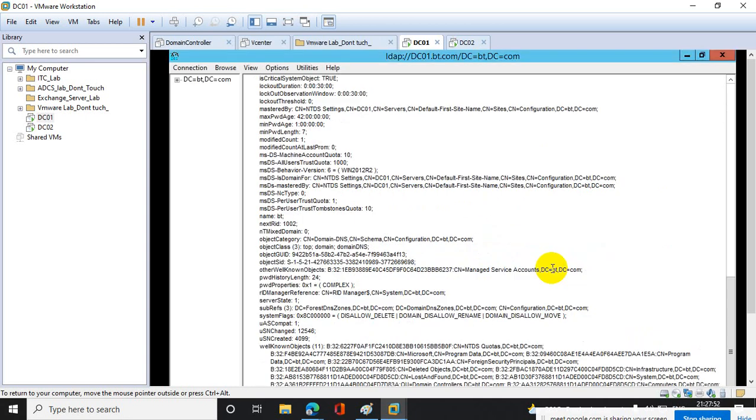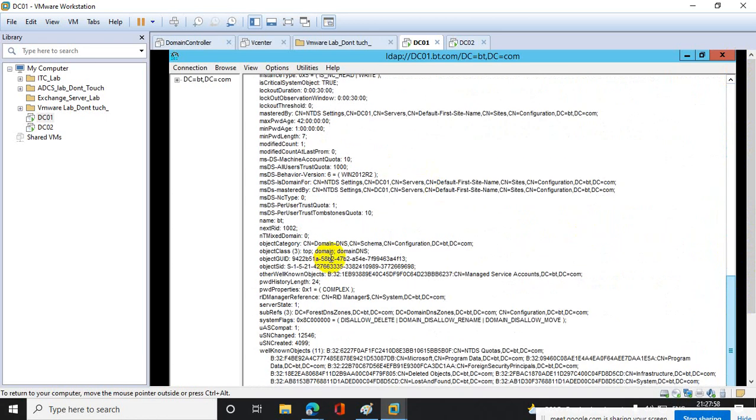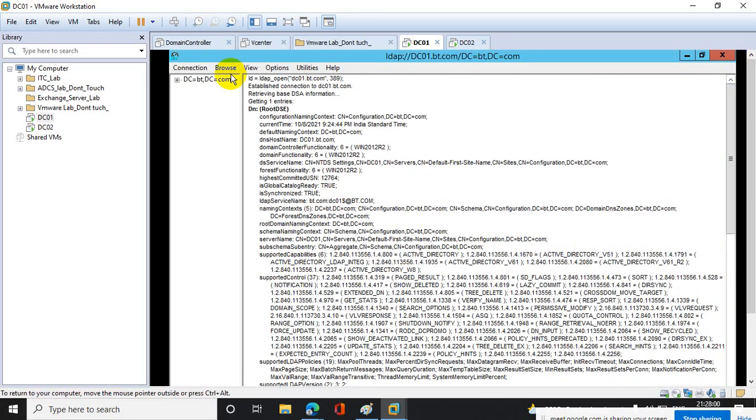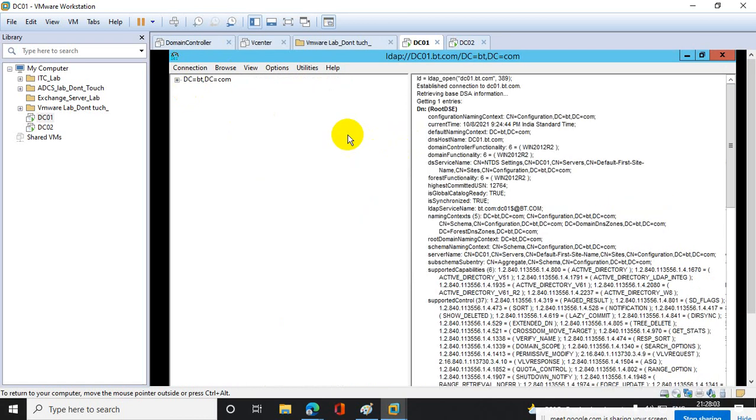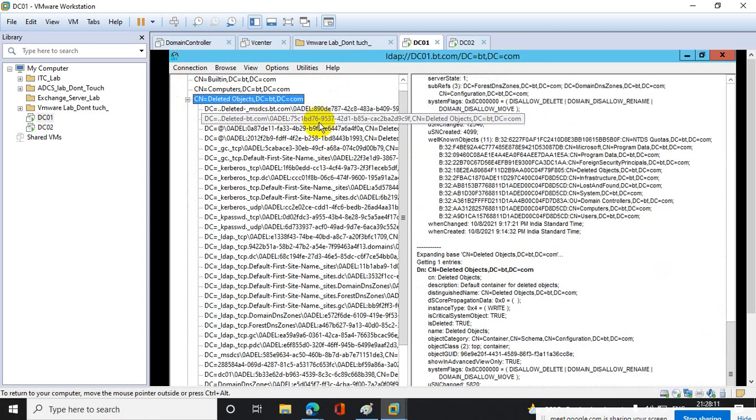Click on OK. After you do this, you will see certain changes happening here. Now in the right-side pane you will see a plus sign. Once you click on this, you will find the deleted objects there, and a whole lot of options.